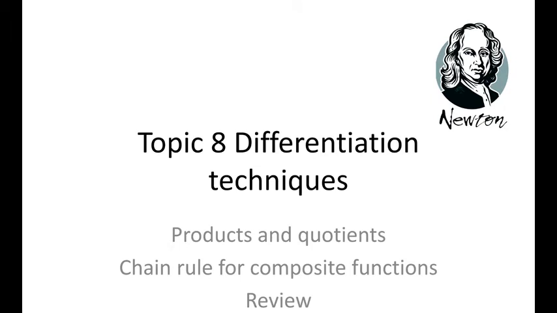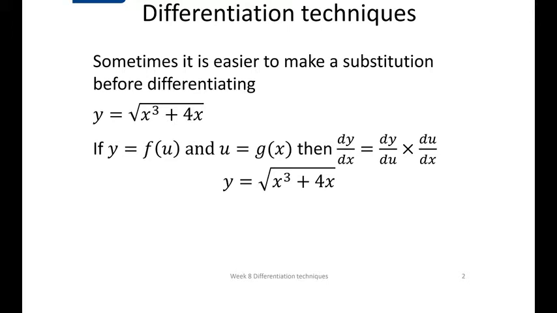In this last session, we're actually going to go back quite a long way when we were doing functions and we talked about the function of a function. Today, what we're going to do is look at how we can differentiate a function where in actual fact that function is a function of another function. The function rule is a rule that you are given. You are given the rule, and